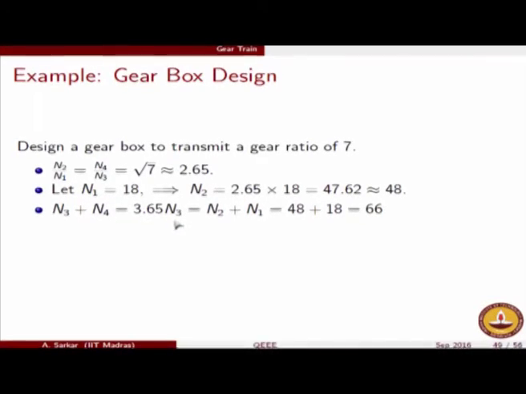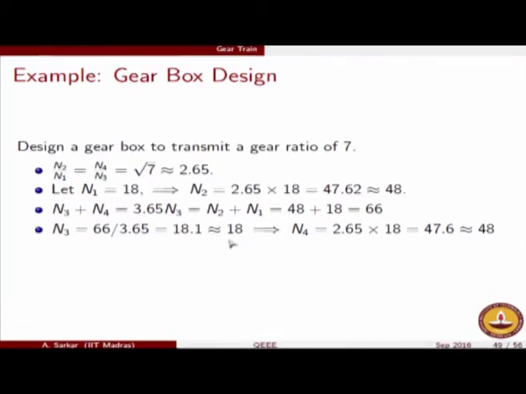So 3.65 N3 should be equal to N2 plus N1, which we have already calculated, 18 plus 48, which is 66, right. So in other words, 3.65 N3 should be 66. That gives us N3 as 66 divided by 3.65, which is 18.1, and I can choose this approximately